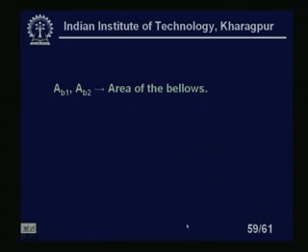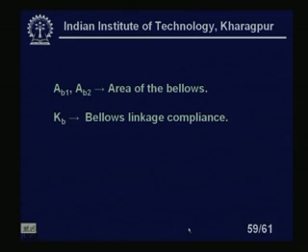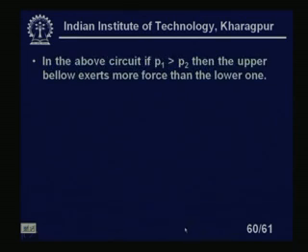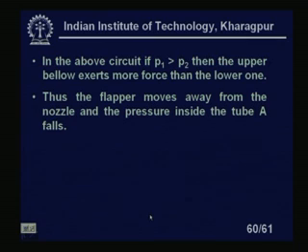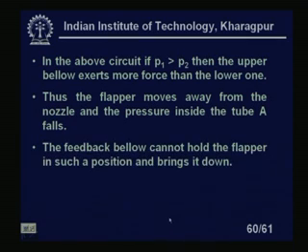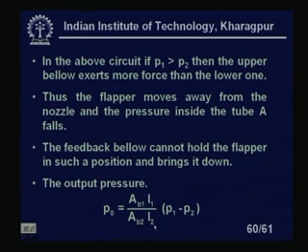Say AB1 and AB2 are the areas of the bellows, KB is the bellows linkage compliance, and K is for the flapper nozzle again. In the above circuit P1 is always greater than P2, then the upper bellows exerts more force than the lower one, always greater because upstream pressure is higher. Thus the flapper moves away from the nozzle and the pressure inside the tube A falls. The feedback bellows cannot hold the flapper in such a position and brings it down. So, the output pressure will be PO equal to AB1 by AB2, L1 by L2, times P1 minus P2,